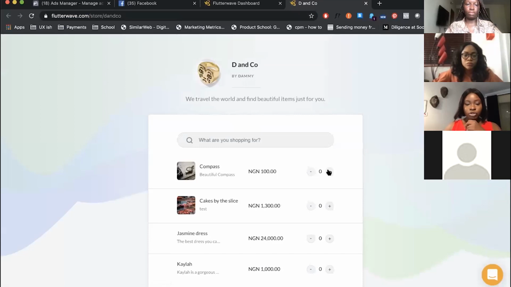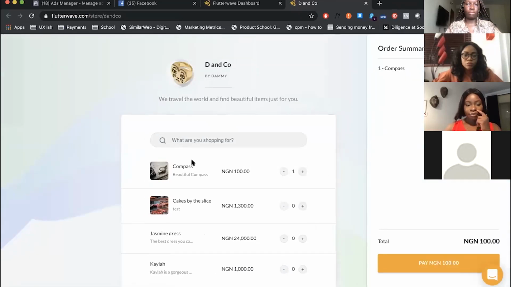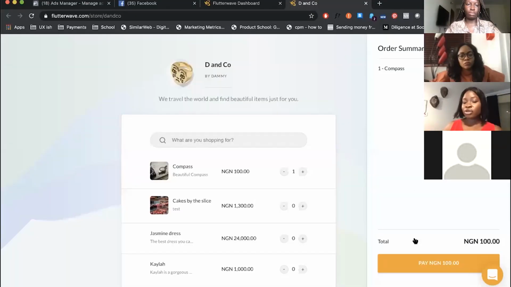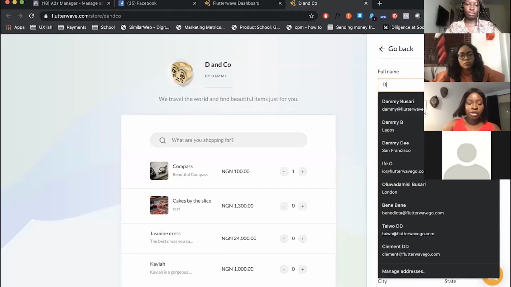Say I want to buy the compass because I really like the compass. Remember what I said about your storefront: it is very important for you to have a detailed description, and your product images should be great, because this is what your customers see, right? Your customers can click on that tiny image and it becomes enlarged. If this photo was pixelated, not eye-catching or captivating, there's nothing encouraging me to buy. I love this photo of this compass. It just costs 100 naira. I'm going to go ahead and pay, right? So this is me trying to do a payment.